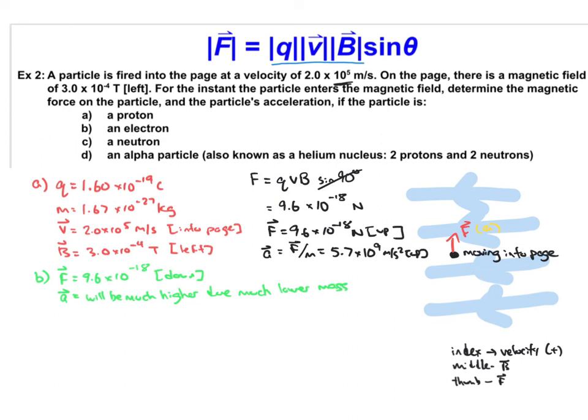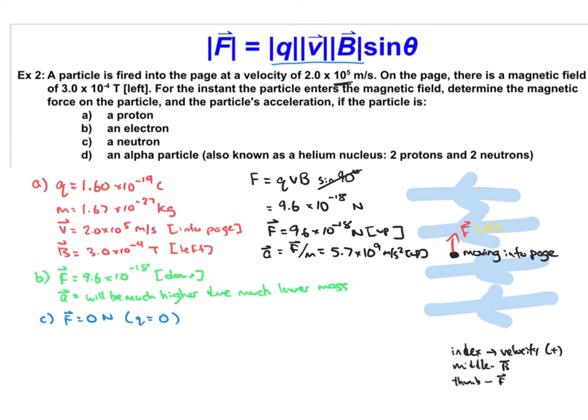Okay, C, what about a neutron? Well, a neutron, the force will actually just be 0 because the charge of a neutron is 0. The neutrons have no charge. So that one's the simplest one. And then finally,